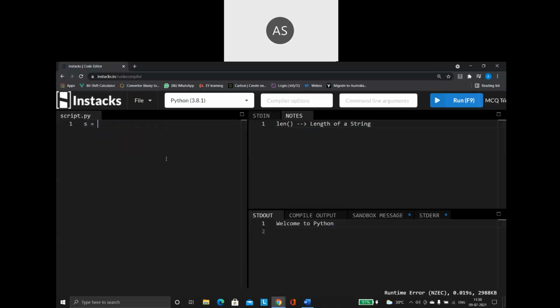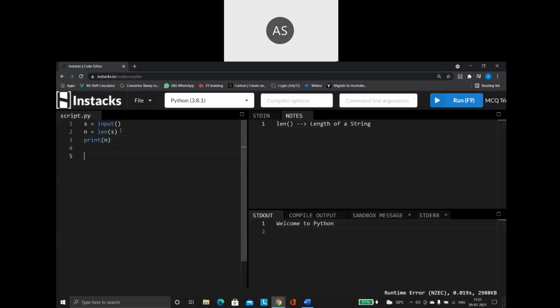Let me say s is equal to input of, I'm asking the user to input the s value. That is a string value I'm taking. Then I'm saying n is equal to len of s, the length of s, and store it inside the n variable. Then I am printing n.